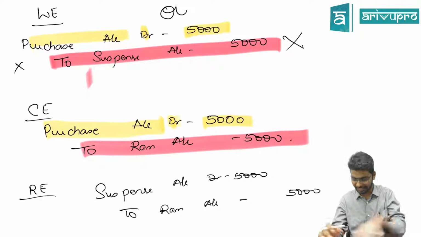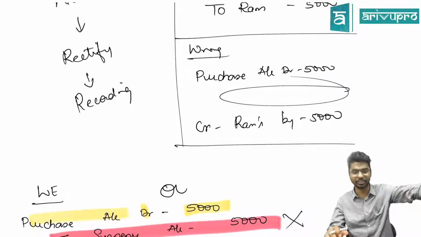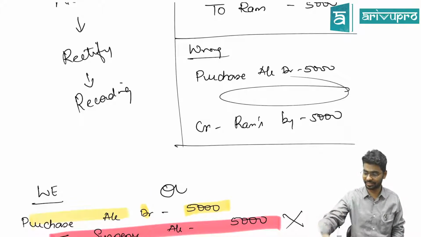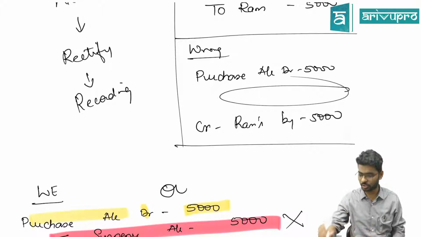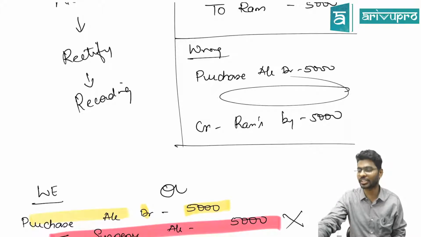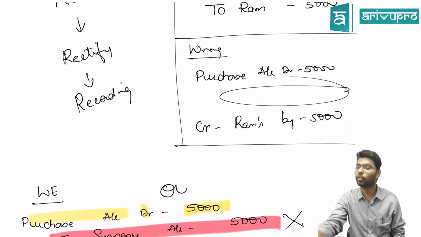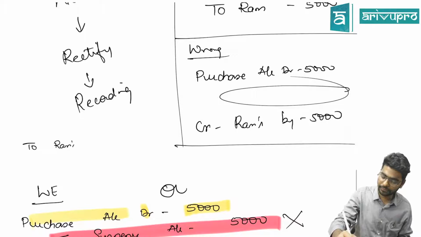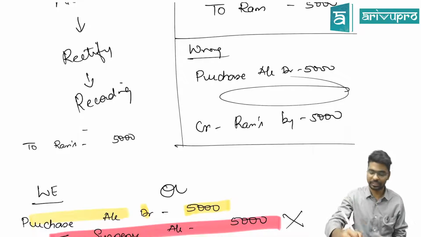That's what I wrote in the statement also. Why do you want to break your head? Two or three minutes will go off. Rather you can write one statement: credit Ram's account by 5,000. Or even easier, if you don't want to break your head so much, I know purchase account is debited by 5,000. Who's missing? Ram is missing. So you write it as to Ram's account 5,000. There is nothing to debit. Then you write it as